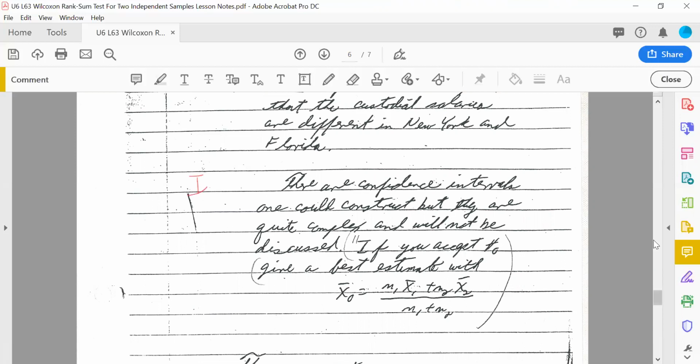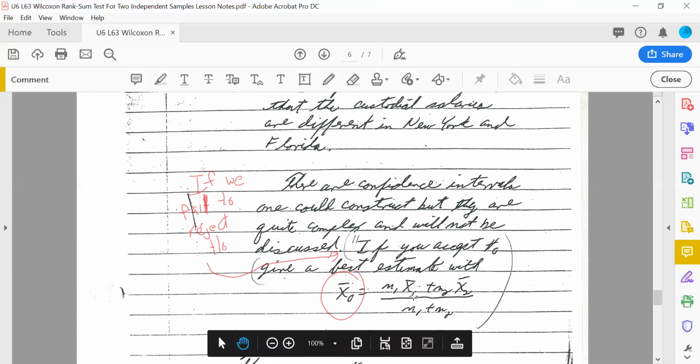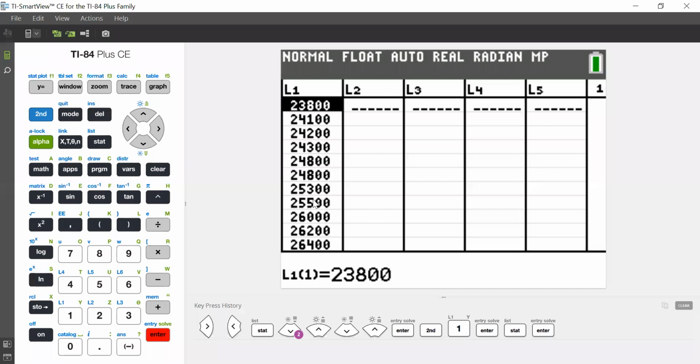So if we fail to reject H0, okay, that's right here. You're going to give a best point estimate, x bar sub 0. Now, to be honest, you could do this weighted mean right here. You can do that. This is where putting all the data in L1 really helps, the raw data,